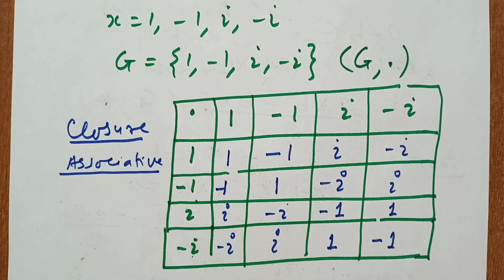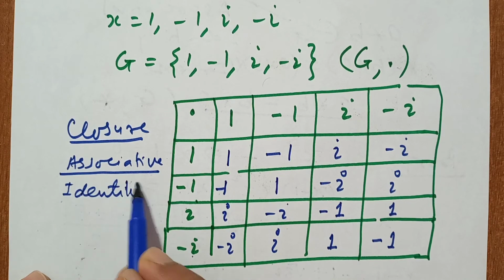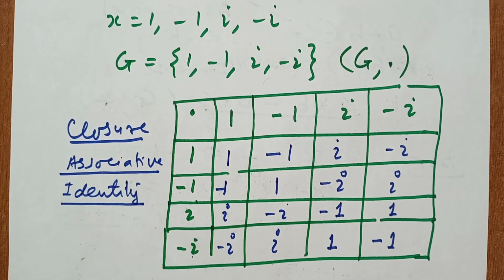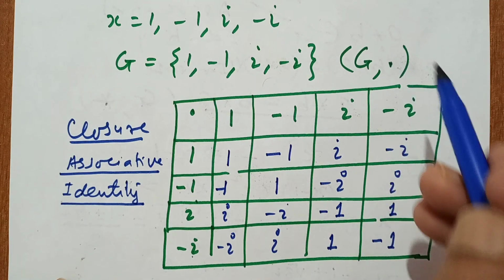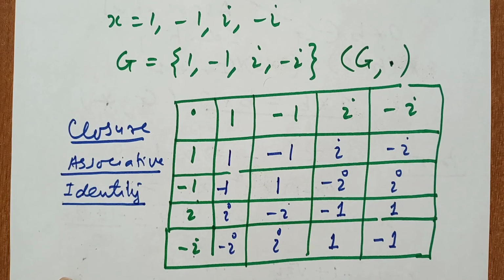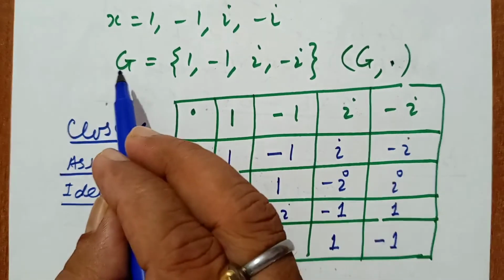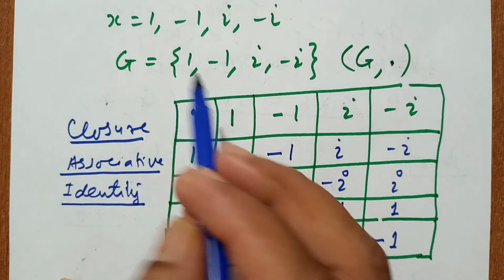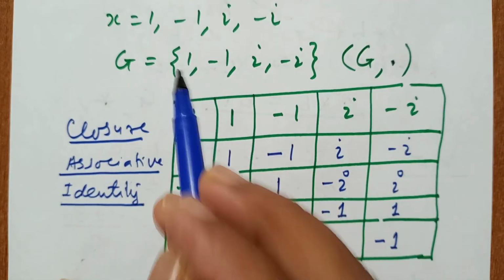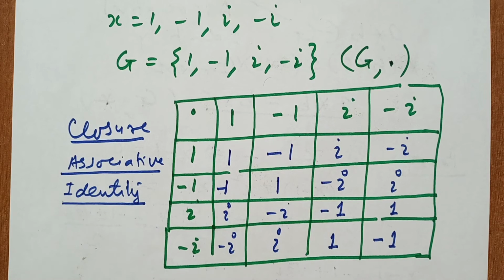Okay. Now, third is identity. Identity is very easy. What is identity? So first you see what is the operation. So here operation is multiplication. So you remember, in the case of multiplication, 1 is the identity. So you see in the set, here 1 belongs to G or not. So it is very easy. Here 1 is present in G. So we will write here 1 in G. So identity law is satisfied.